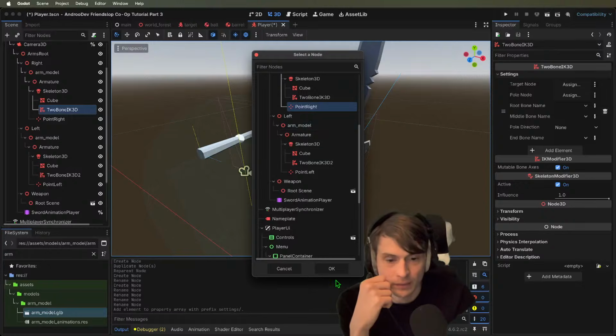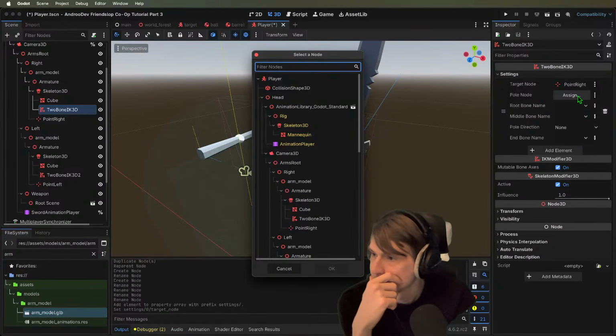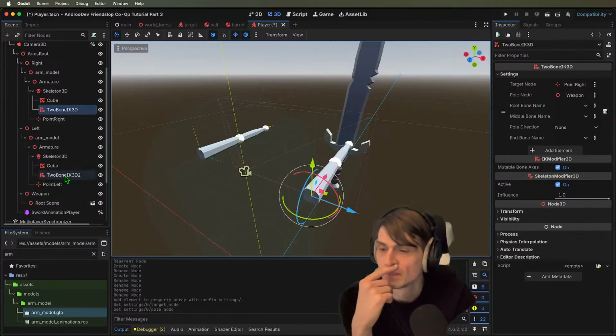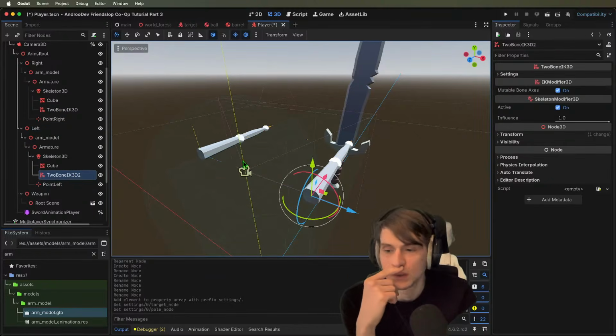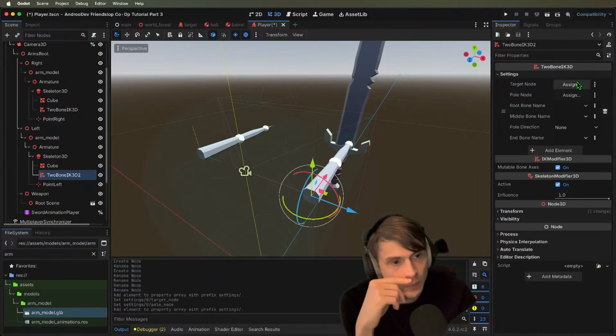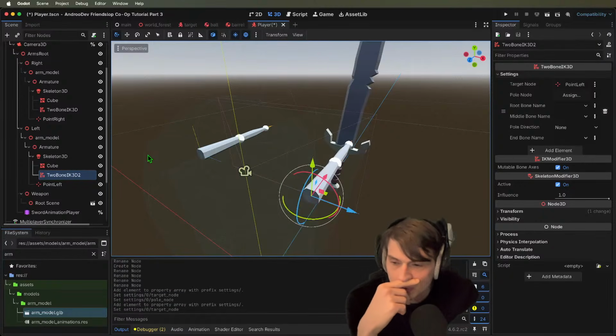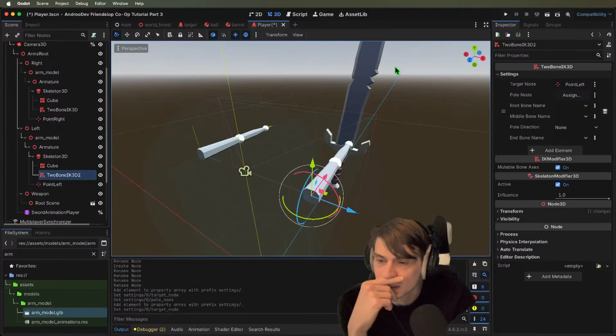Point right. Weapon. We go here. We go like this. You go point. What is this? Left. Point left. And then